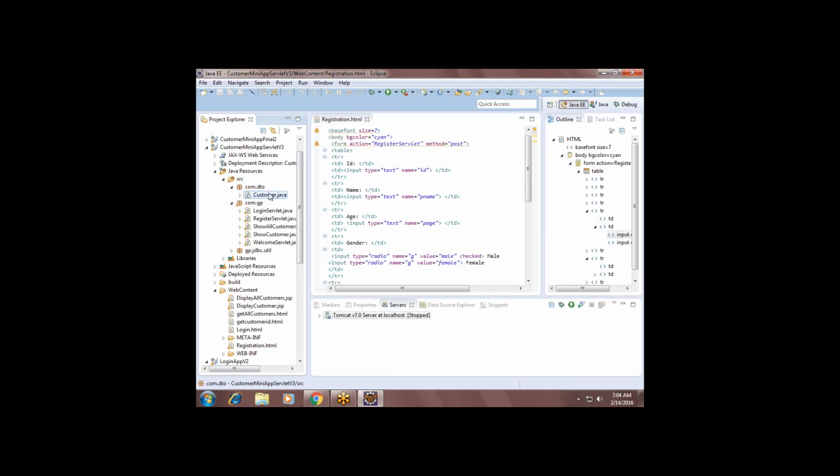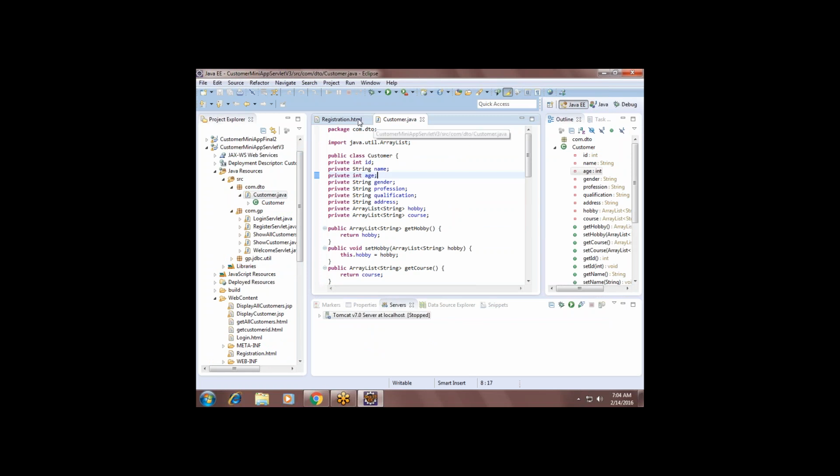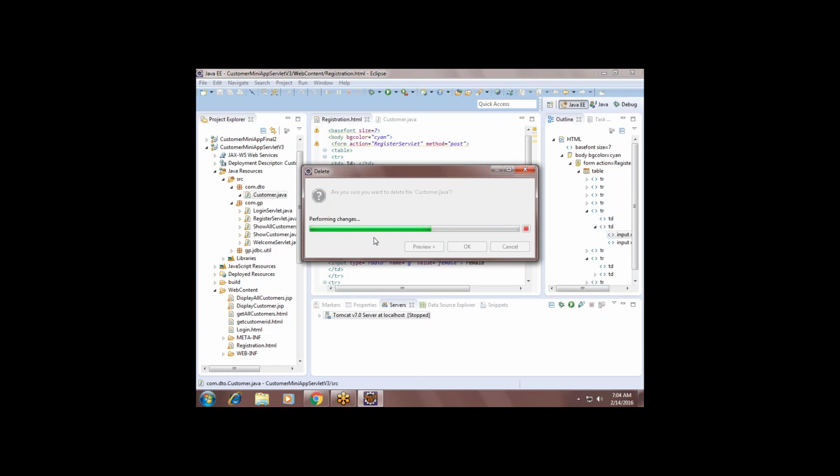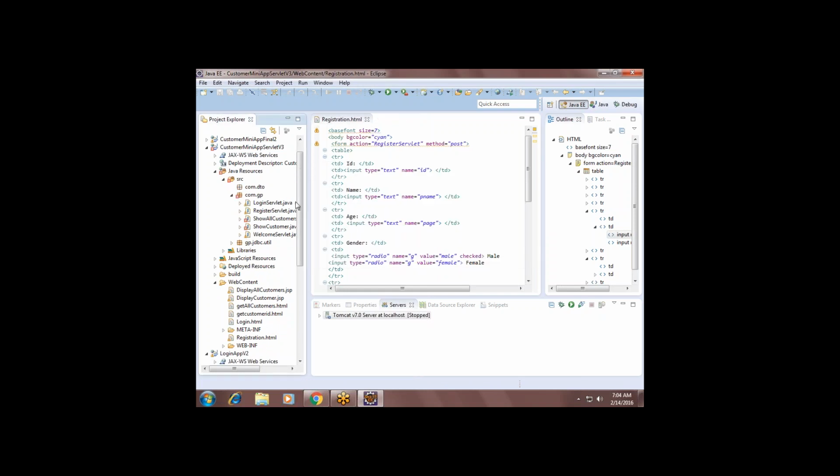So DTO is a customer object which we are dealing with, right? Data transfer object means the object which we are dealing with.